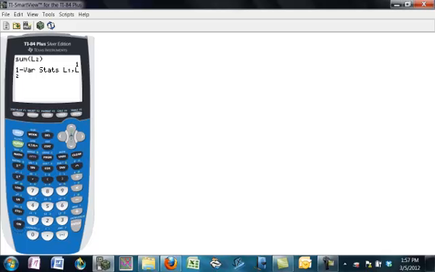Now normally you would just give it one list here, but if you give it a second list, that second list are the frequencies or relative frequencies of what's in list 1. If they're relative frequencies, that's going to be considering this as a probability distribution, and it will only be able to compute